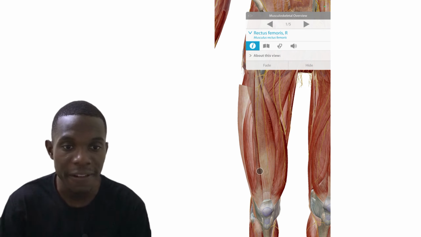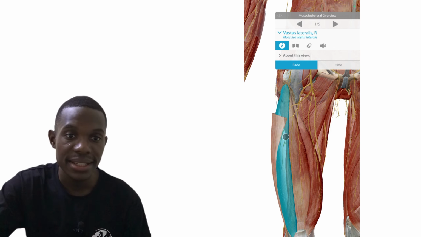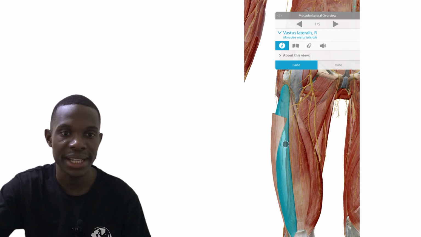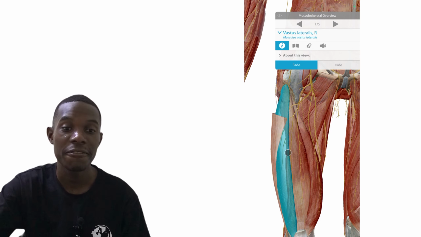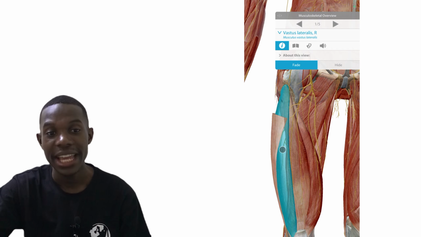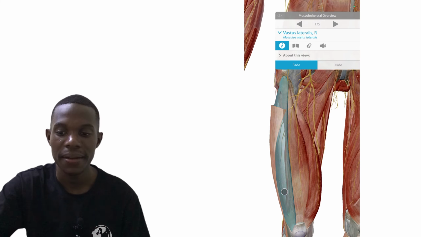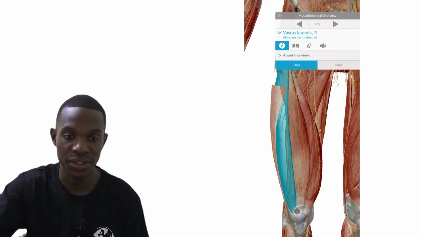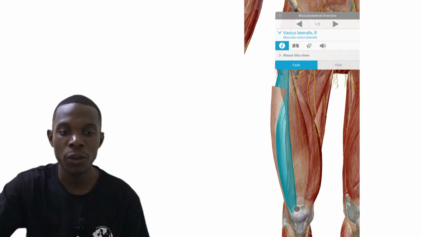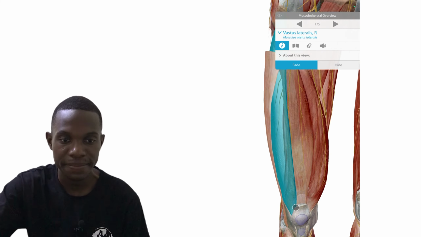Now, we go to the... Alright, so that is your vastus lateralis. The vastus lateralis originates from the upper end of the femur, and it's going to insert right on the patella via the quadriceps tendon. But more specifically, if we're going to look at the patella